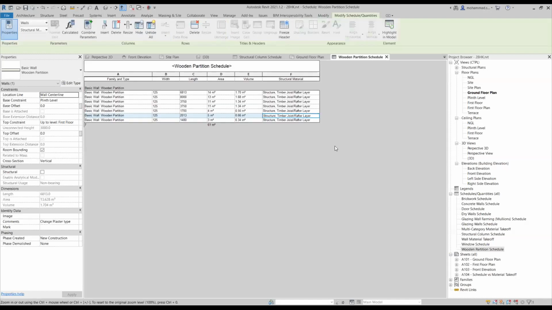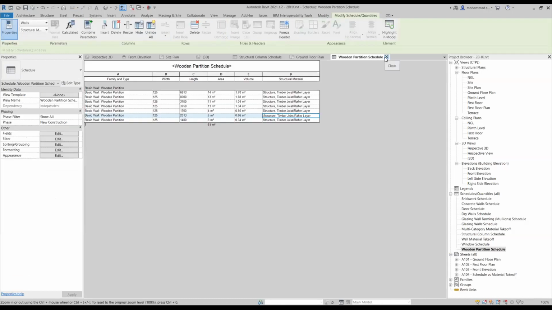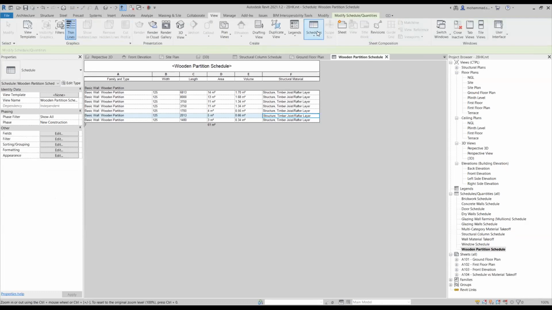Similarly, for example, if I need to itemize all the materials of these layers, I need to change my schedule type. Instead of going by the schedule and quantities option, I need to go for material takeoff. So I'm going back to create a new schedule, because this schedule is good enough for counting the elements to get the